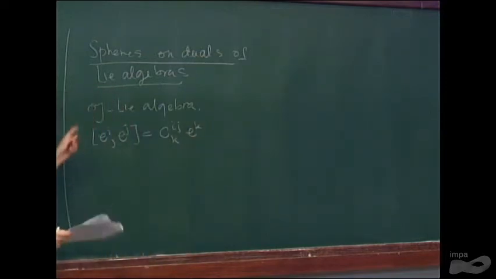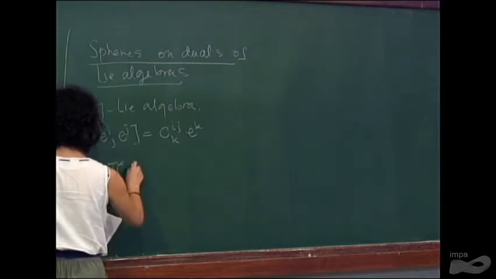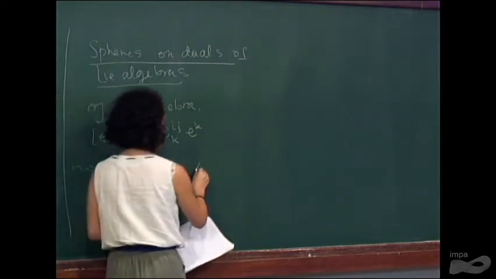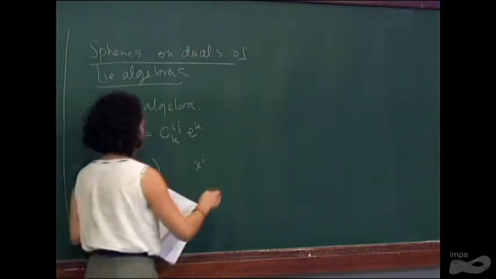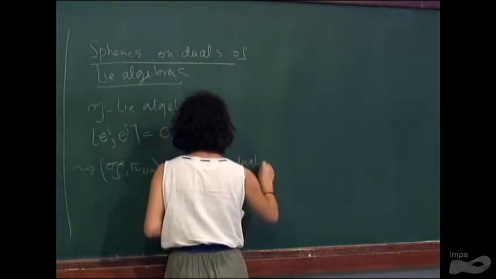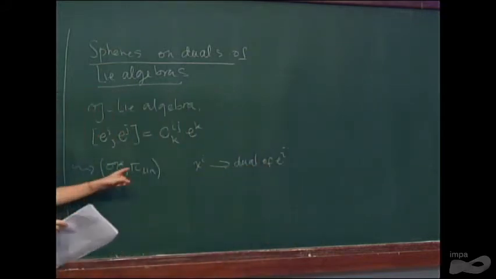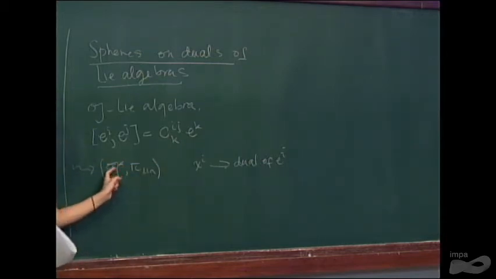So this Lie algebra induces a linear Poisson structure on the dual, which is written as follows. If you have that xi are the duals of this basis, dual of Ei, this will be coordinates on G star,